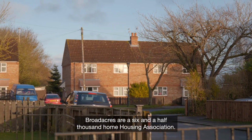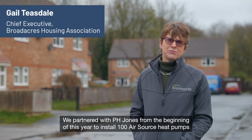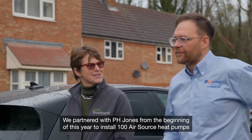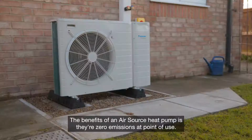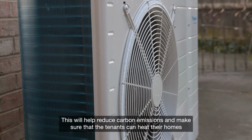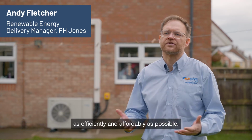Broadacres are a 6,500 home housing association. We partnered with PH Jones from the beginning of this year to install 100 air source heat pumps and look to do more in the future. The benefits of an air source heat pump is they're zero emissions at point of use. This will help reduce carbon emissions and make sure that the tenants can heat their homes as efficiently and affordably